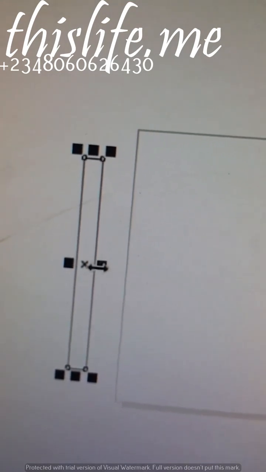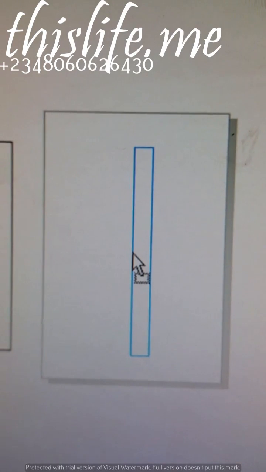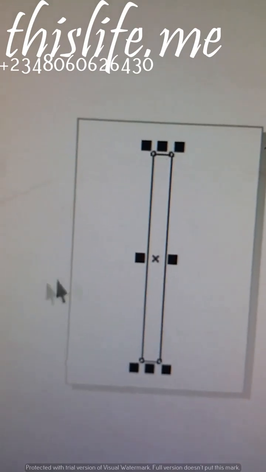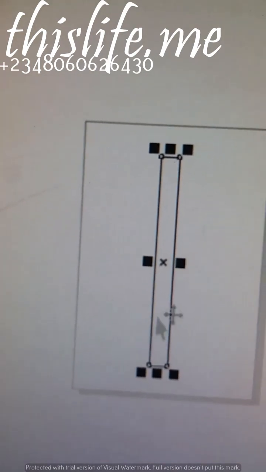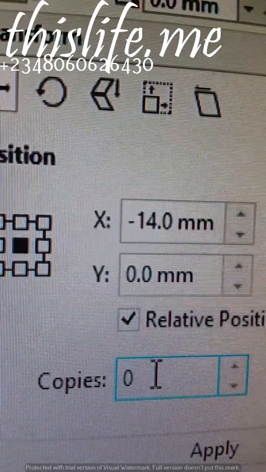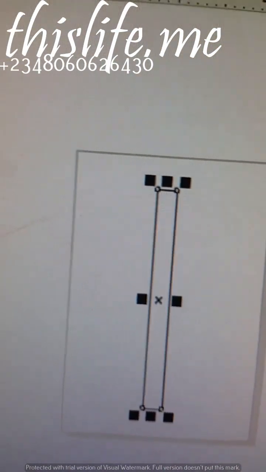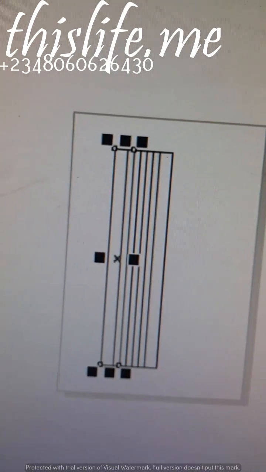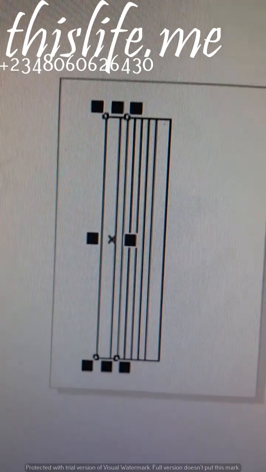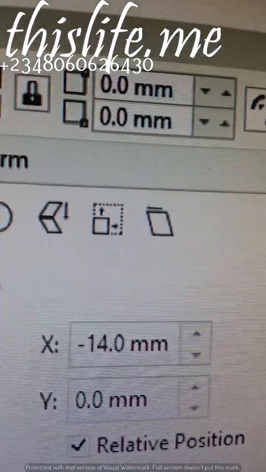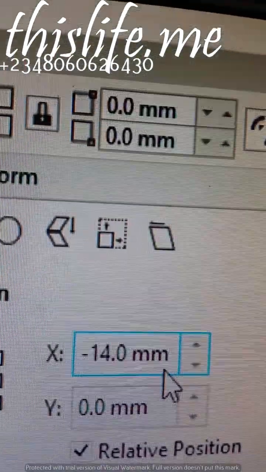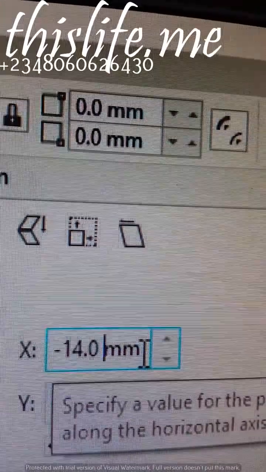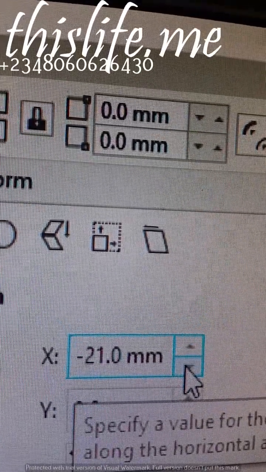For the situation where we want the shape to keep duplicating as it jumps, so that it helps us in the arrangement, under copies you will put one. Then you will not be clicking on apply at the same time. Look at the arrangement. If the arrangement is too tight, meaning this 14 mm is too small. Whenever you are doing real work, we will be giving specific measurements. Here we are just learning, that is why we are just putting even numbers.